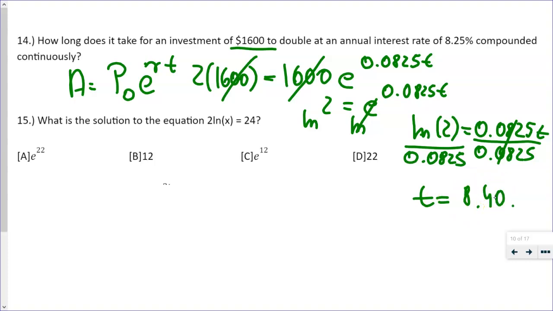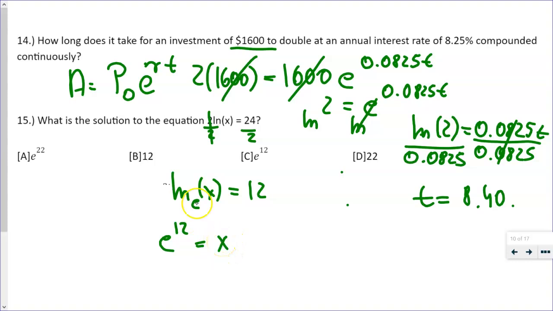All right, and number 15, what is the solution to the equation 2 ln x equals 24? So of course, before we can undo the inverse and convert it to e, we are going to divide both sides by 2 because we have to make sure that the ln of x is by itself. All right, and now remember that if it's not written, the base is e, so it's going to be e raised to the 12th power equals x. Right, so again, e raised to what's on the other side equals x. Now e to the 12th power is one of our answers, which is